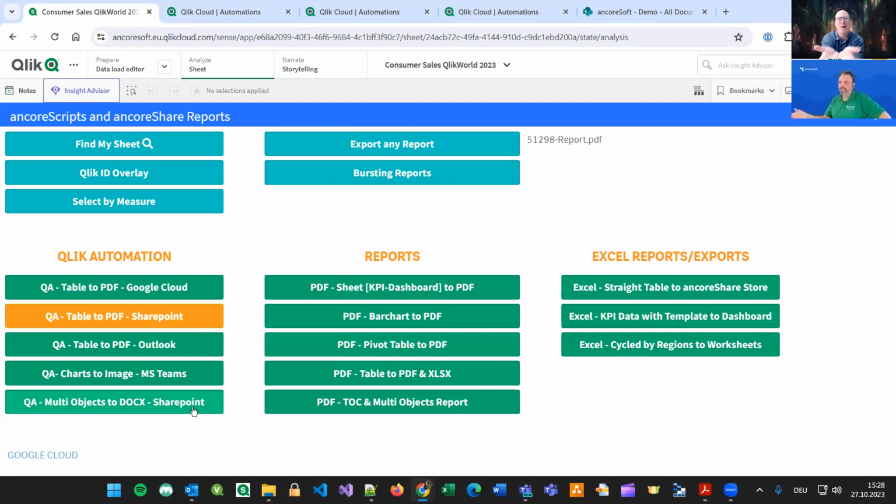You hand them the automation script to add in, and what you've done is got different automations created for each type of report, where I'm going to take the table to a PDF to Google Cloud or SharePoint or Outlook or Teams or SharePoint, and oh, you know what? I've got a different report that I want to take to this or to that or the other thing. And you know what, Christian? I'm willing to bet